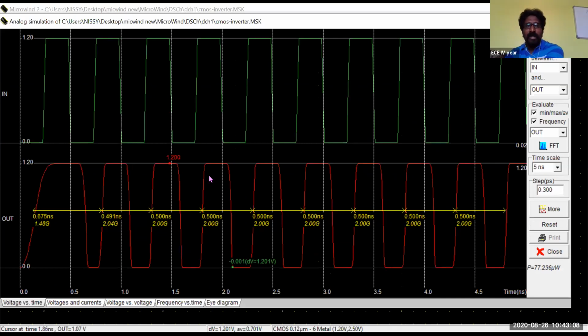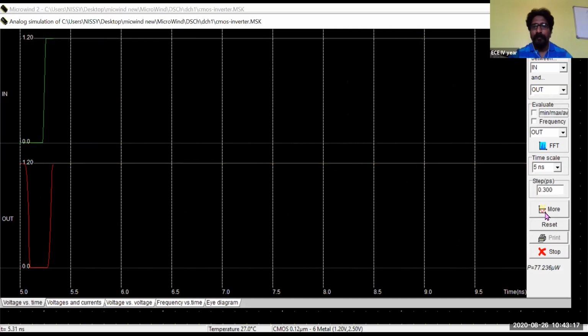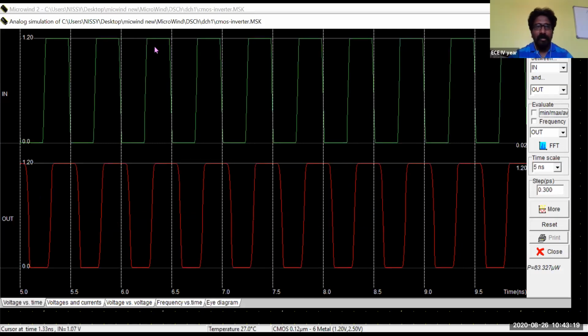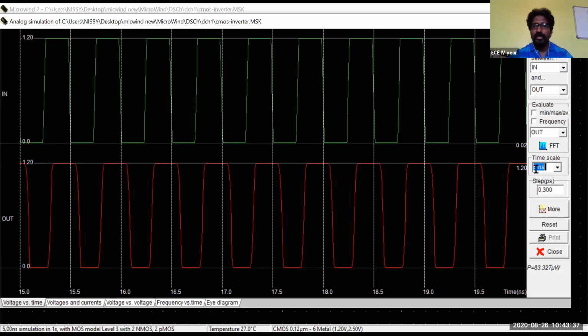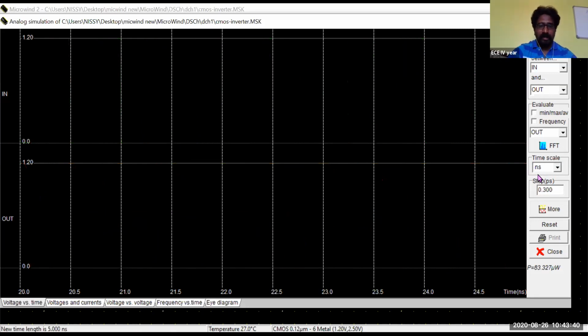Here also there are some kind of design lambda rule problems, so that's why. But now the delay has been reduced compared to the previous structure. We can see exactly it has come. If input is 1, the output is going to be 1. If the input is 0, the output is also going to be 0. So in order to get the exact outputs, we should follow some design rules. Then only we can obtain the outputs. Let me change some time and check whether it's obtaining correct.